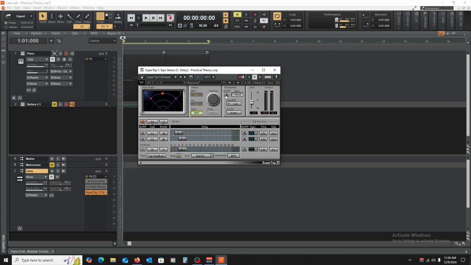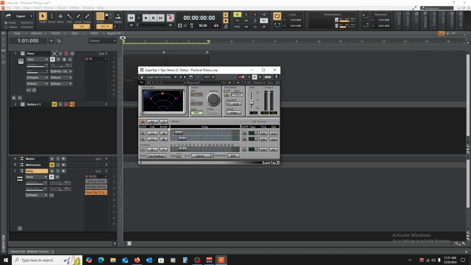You do have a modulation section here as well. So again, you have your rate and your depth. So you can have some fun with that. You have a little bit of options here on your filter types. Instead of just a high pass and a low pass, this will actually allow you to choose whether you have a bell or a peak dip or whatever, shelving or passes. So this gives you more flexibility on your EQ section as well,